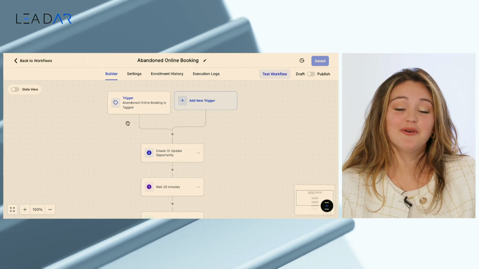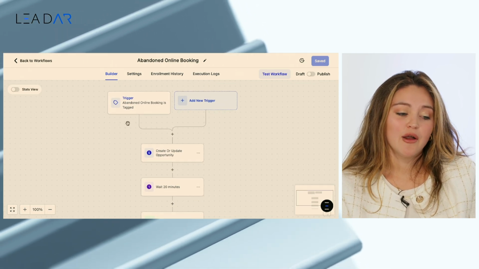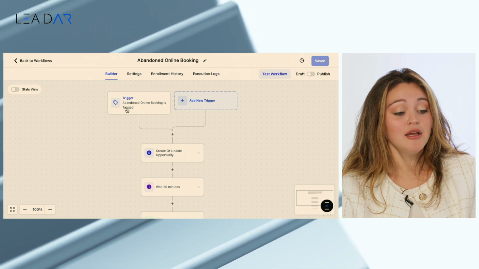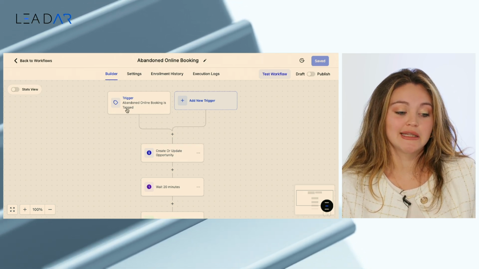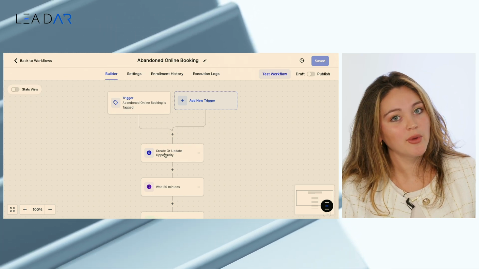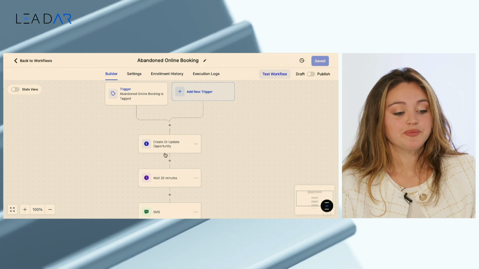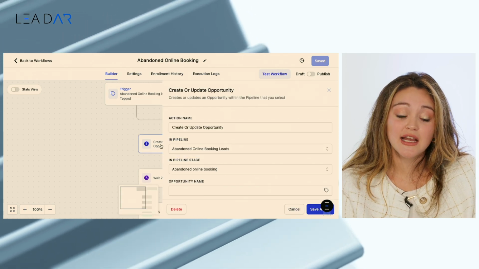All right, so just a brief overview of how this automation works. As soon as somebody gets tagged with abandoned online booking, that'll be the trigger. That's actually what's going to get them in. Then this is where we're going to get them into that pipeline automatically for you. So you can see this is our action, where as soon as they get tagged with it,